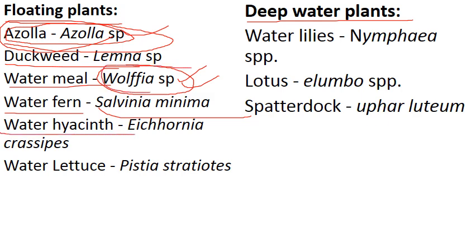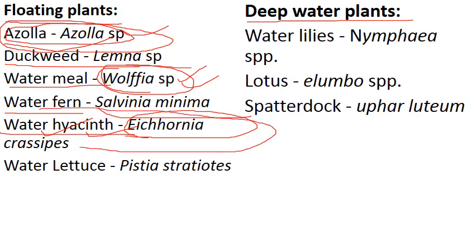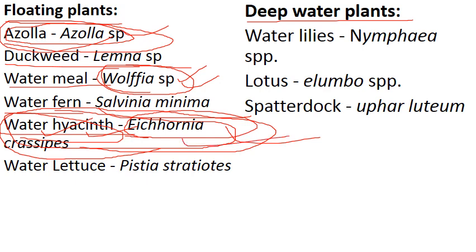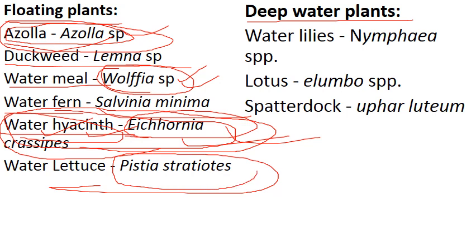Then water hyacinth, okay. Eichhornia, there is a big history about this plant. You know that this plant was practiced for its ornamental purpose in West Bengal. But what happened? It grows continuously and it became an invasive species in India. Nowadays also we have to control this water hyacinth. So if you plant this, you should maintain the growth of Eichhornia. Water lettuce, Pistia. Pistia is also a very good oxygenator plant.